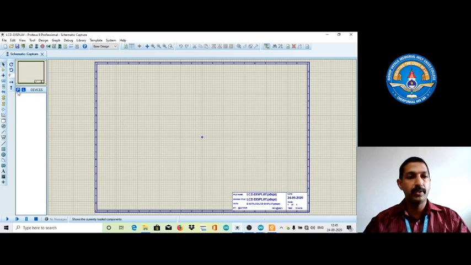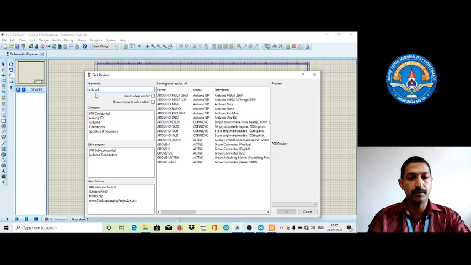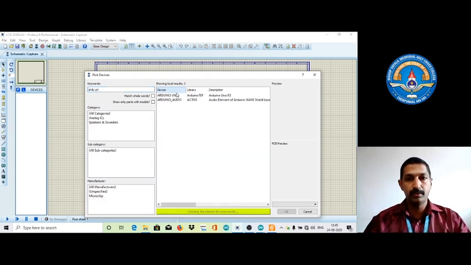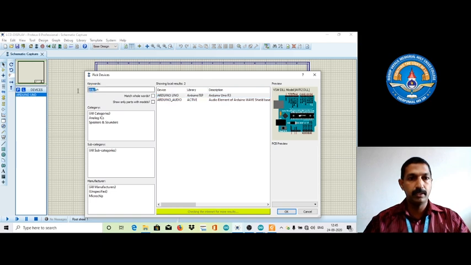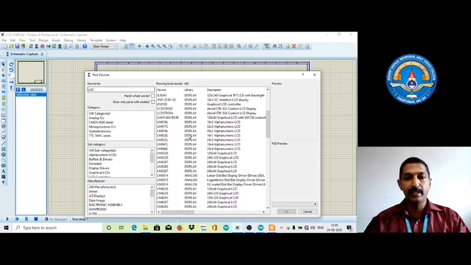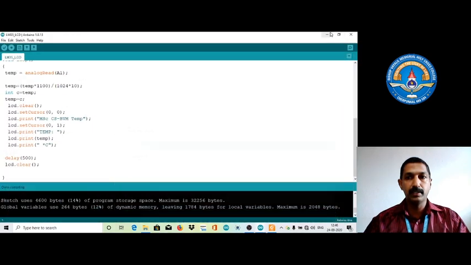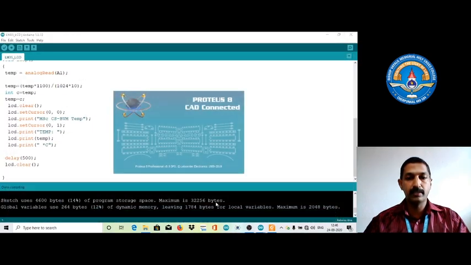The devices required are, first of all, the Arduino Uno board. Arduino Uno added. Second, we need an LCD. Many LCD displays are here. Actually we are going for a 16 by 2 LCD display.